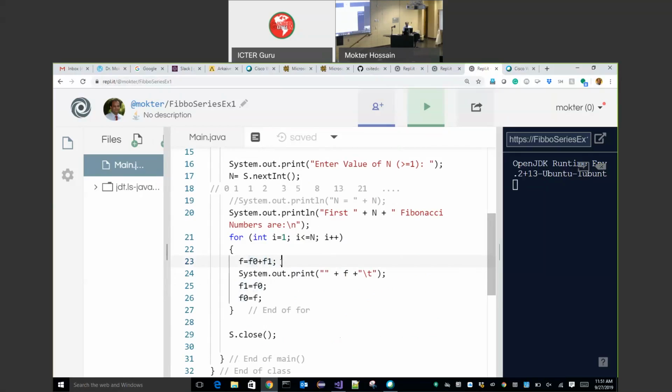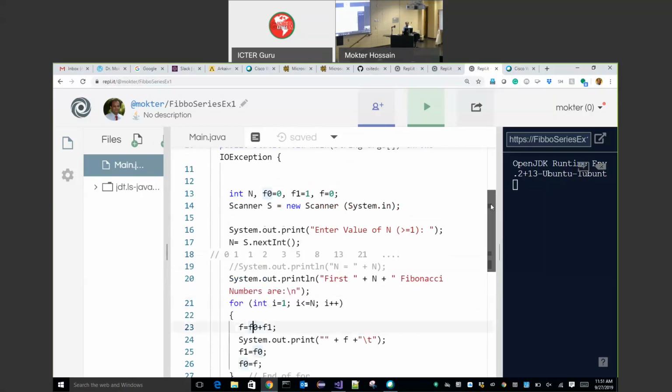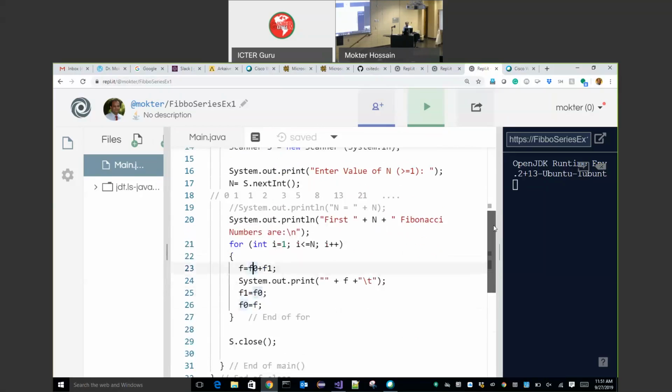So in the first phase, I have my f0 equal to 0 and f1 equal to 1. So f will be 0 plus 1, f will be 1, right? Okay. And then after that, I am updating f1 and f0.